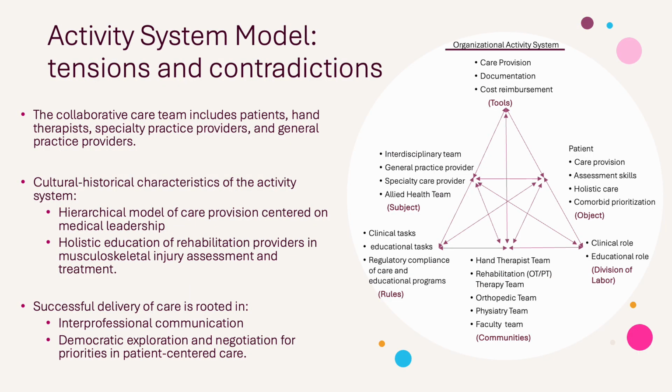Now we have a couple of busy slides here, and that serves to represent how complex and interdisciplinary hand therapy is. So here we're going to start with an activity systems model, demonstrating the tensions and contradictions in an organizational activity system. This one represents a collaborative care team that includes patients, hand therapists, specialty practice providers, and general practice providers. The cultural historical characteristics of the activity system are the hierarchical model of care provision centered on medical leadership